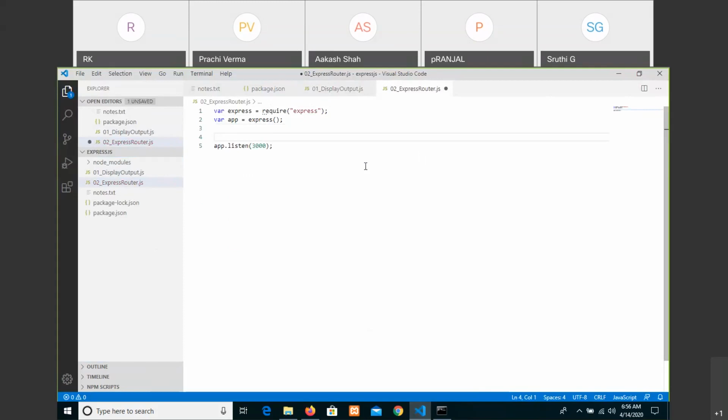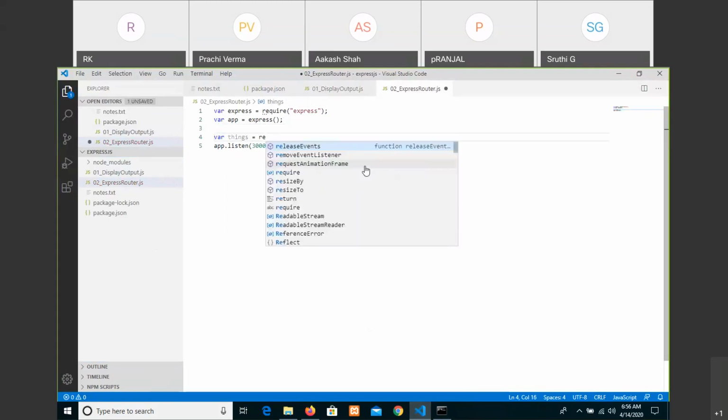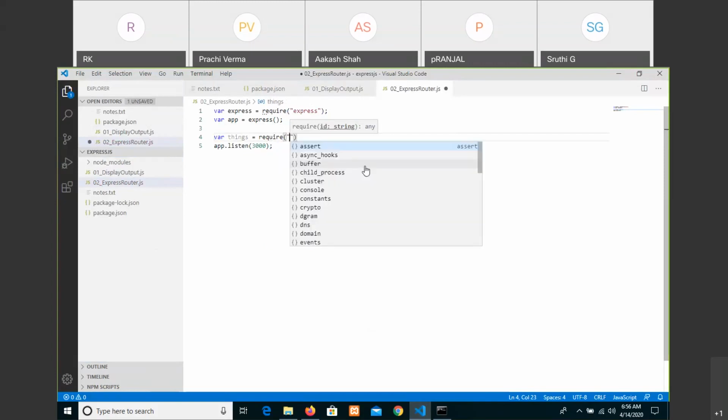And in the middle, I'm just taking a variable, things to do or something else. It's just a sample variable only, it doesn't have any meaning. And it is expecting a functional output from another file.